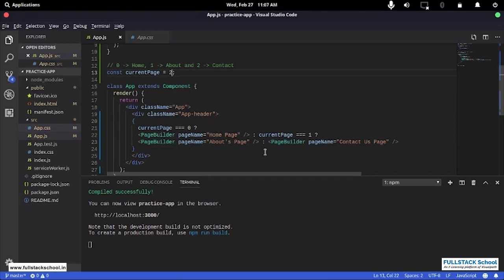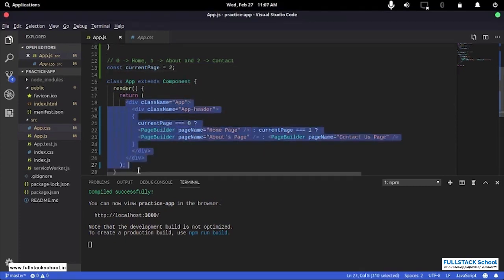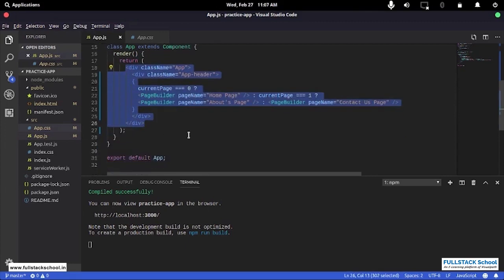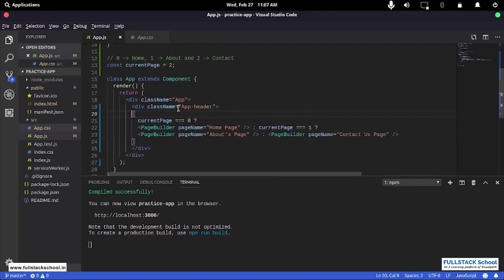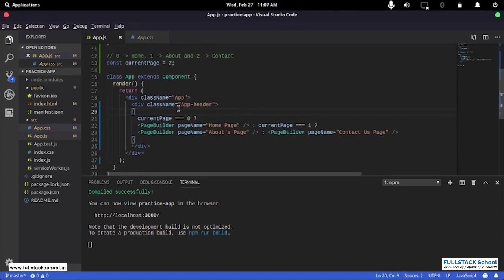So this is the basic idea of how routing and actually how anything inside our single page app will work. We'll have just one page. This is just our one page, and inside that we are changing components depending on conditions. Now those conditions can be anything, and currently I'm using a hardcoded approach, and I'm just changing values in the code to show you how things work. But when we are going to actually do routing in our app, in a project that we are going to make from scratch, that is going to be a real world project,